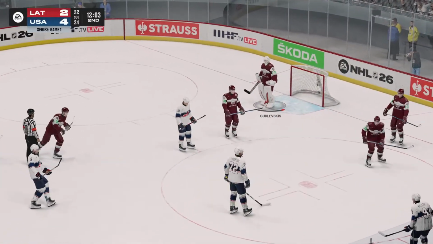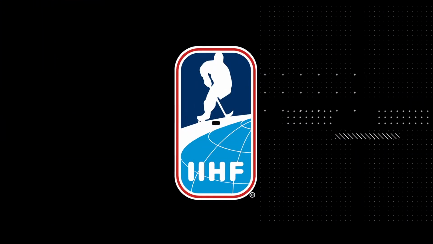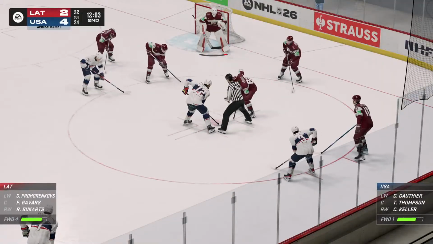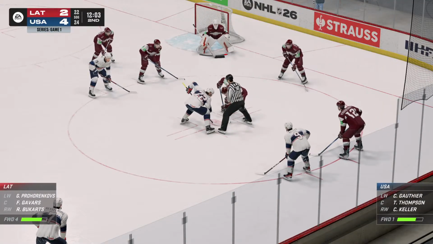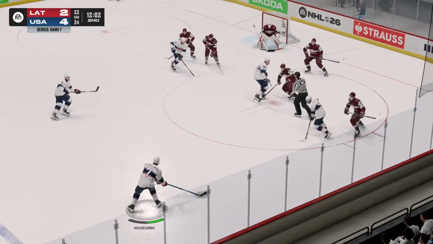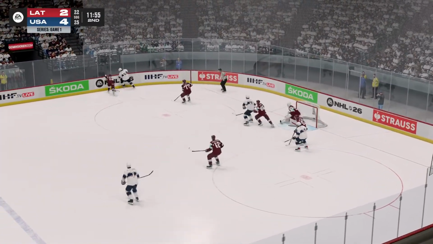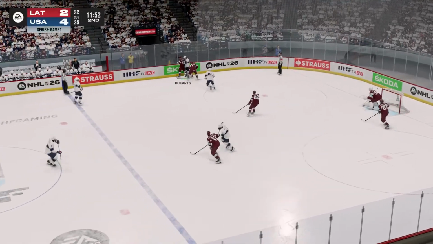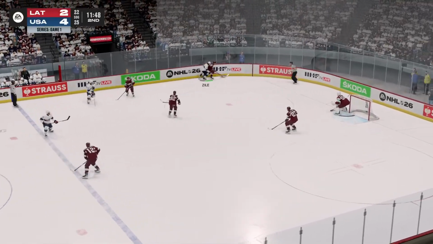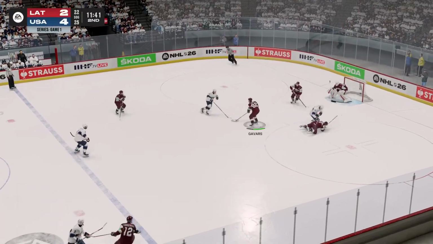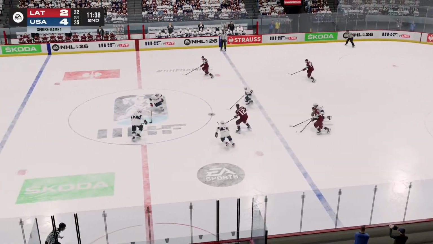12:03 to go in the period. Paige Thompson was right there, and he couldn't get it home. Face-off control by the United States. Werenski fires, tipped out in front, and Godlewski's gets a piece of it. Out along the far half wall. Latvia looking to get it out. Big hit, nearly a turnover, but it comes out to center.